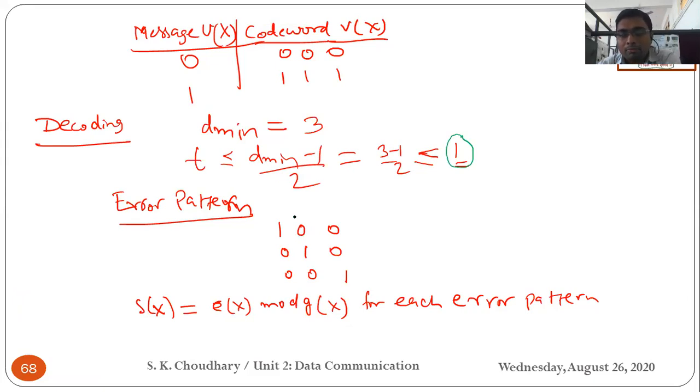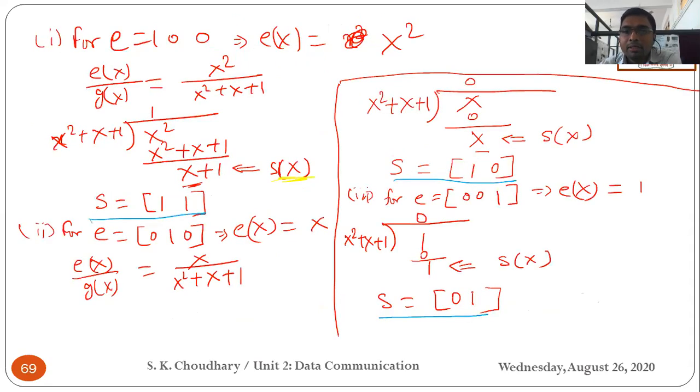After defining the error pattern, we defined the syndrome, which is obtained when you divide the error pattern by the generator polynomial. So e(x) is divided by g(x), and whatever the remainder is, that is defined as the syndrome.